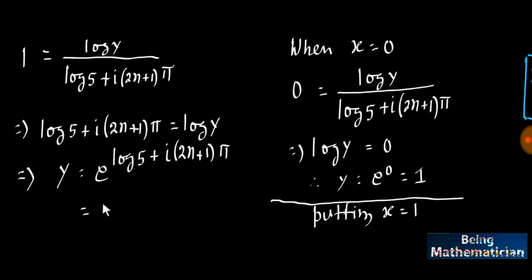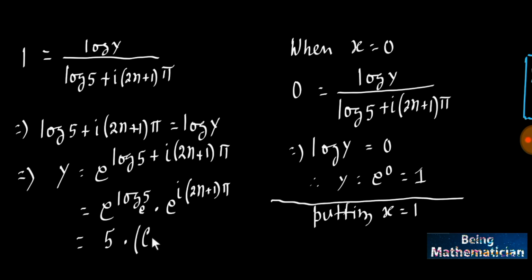Now by the rule of exponent we can write e to the power log 5 into e to the power i (2n plus 1) into pi. So e to the power log 5, base e, must be 5, and this is by Euler's property. We can write cos (2n plus 1) into pi